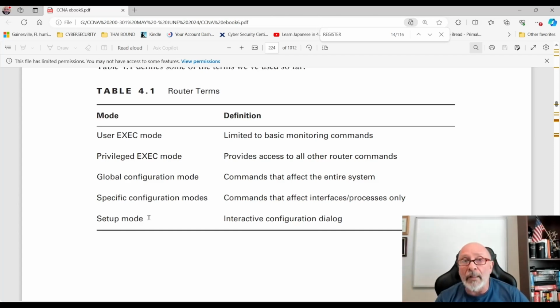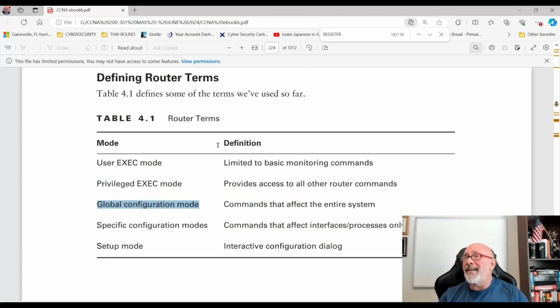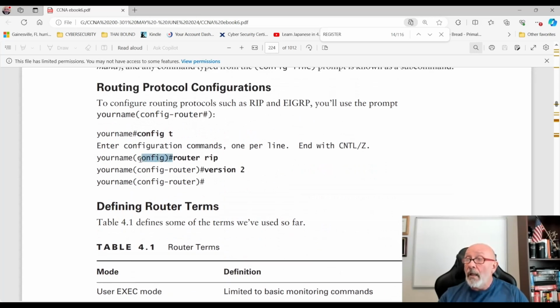I don't even go into it anymore because they don't really want you to focus on that, but you need to focus on that because I see people typing IP addresses in privilege mode. Okay? Don't do that, because in order to configure, you have to do it in global configuration mode. When I tell people global configuration mode, they want to type "global configuration mode." No. Okay? That is an exec mode that you're in. Like here, see? Global configuration mode. Now you're in router configuration mode because you're configuring RIP.